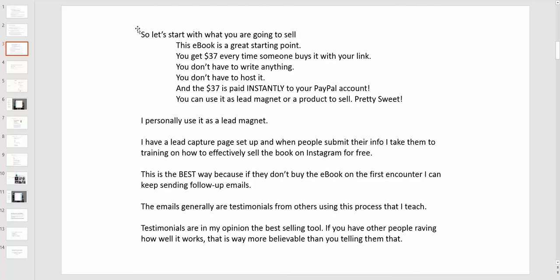And what I like to do, I take some of the proceeds and I reinvest it into paid marketing. I'm doing the free marketing method and I'm also doing paid. Again, the only way you're going to be able to scale your business is with paid traffic, but that's a whole other topic. We're talking about total free traffic right now. All right.